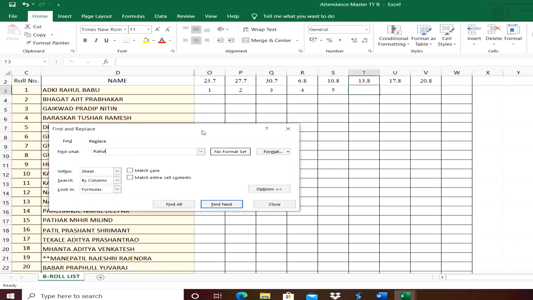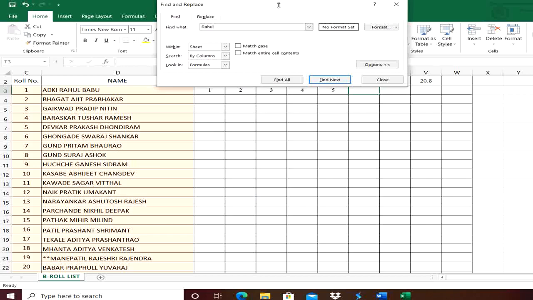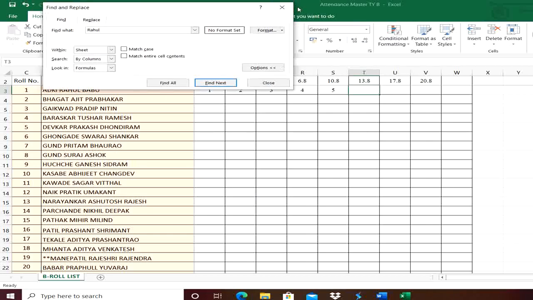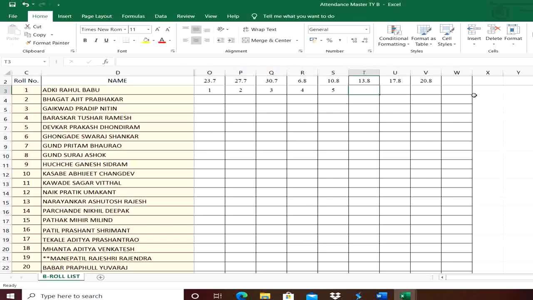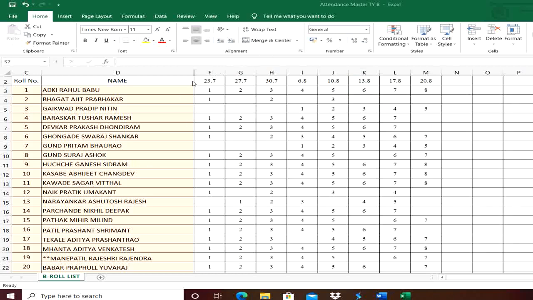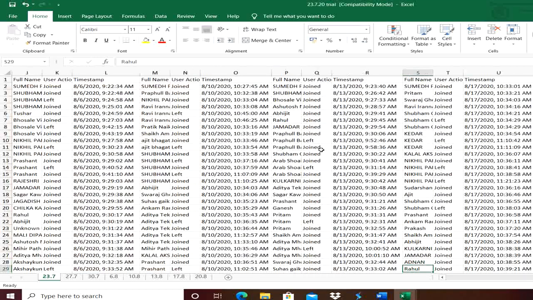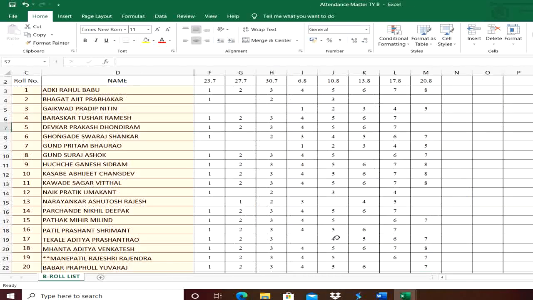It means it will take very little time to compile all the attendance, and we can publish the attendance month-wise. Now you can see that for a month I have covered the attendance of the students within a short duration of time, and this attendance I can publish, I can print out and inform to students and their respective parents also.